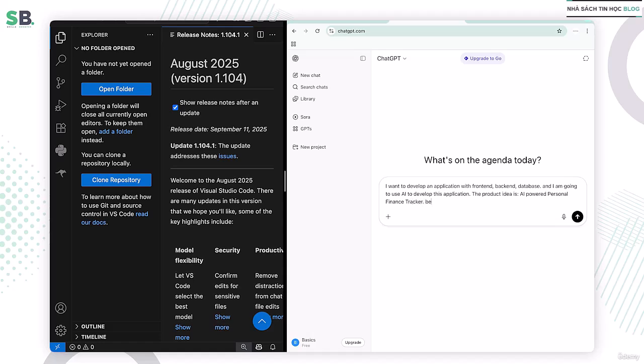Before starting the development, I want to list down, or maybe let's say I want to prepare the PRD. There are some initial features I have in mind. These are